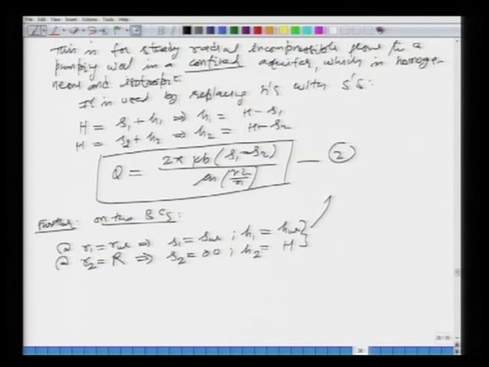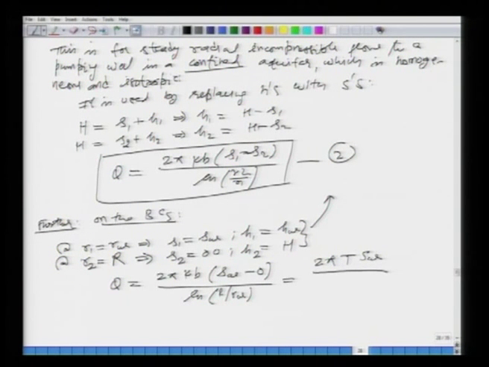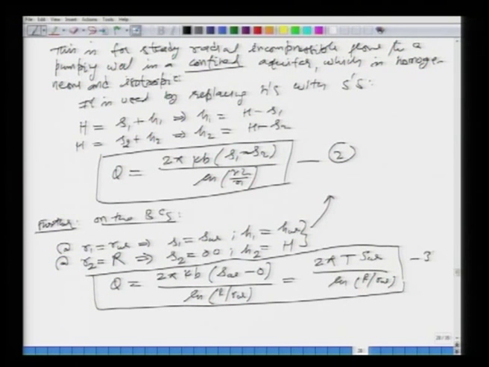So, you put these two things in equation 2, you will have a simplified equation which is Q is equal to 2 pi Kb times SW minus 0, right, S1 minus S2, S1 is SW, S2 is 0, divided by natural log of R2 over R1, which is going to be equal to capital R over RW, and then you say that this is also equal to 2 pi T SW, okay, divided by natural log of capital R over RW, all right, where T is equal to K times b, which is the transmissibility of your confined aquifer. Okay. This is your equation number 3.